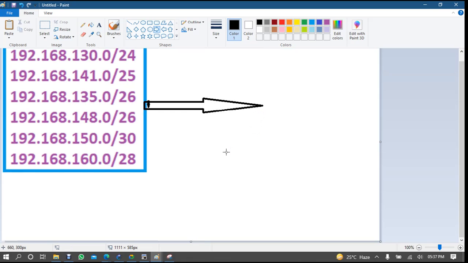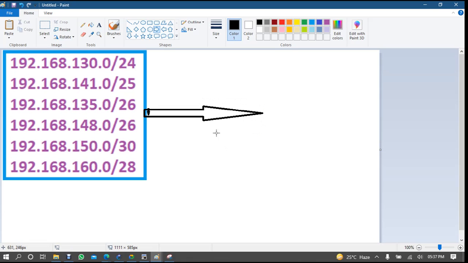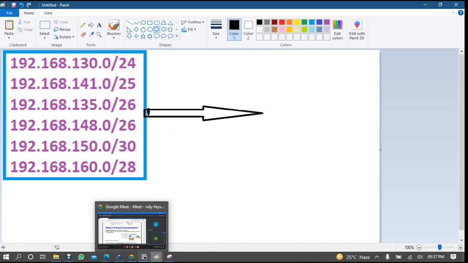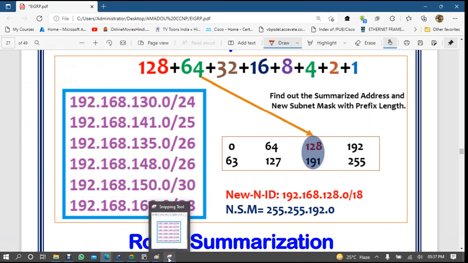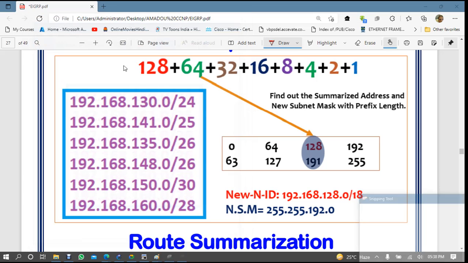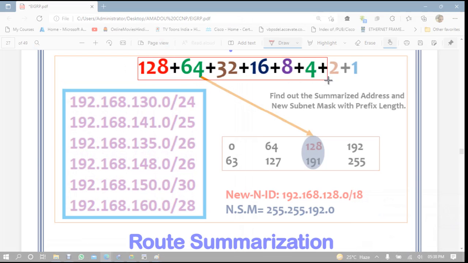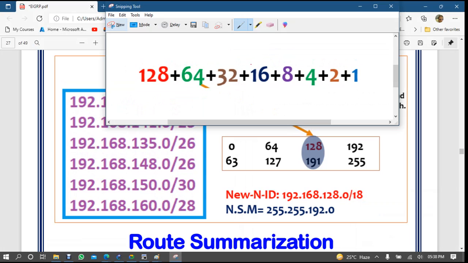For summarizing it, you have to understand two things. This chart is very important for calculation, so let me copy this one. You know this chart.